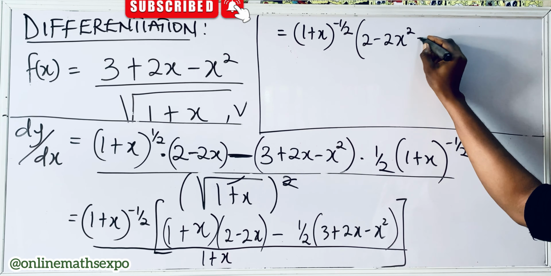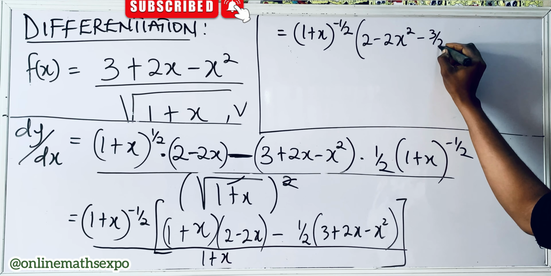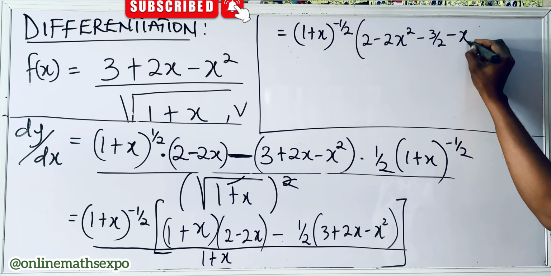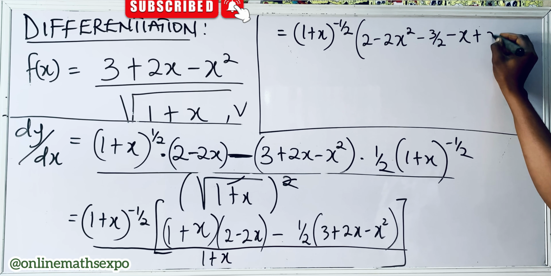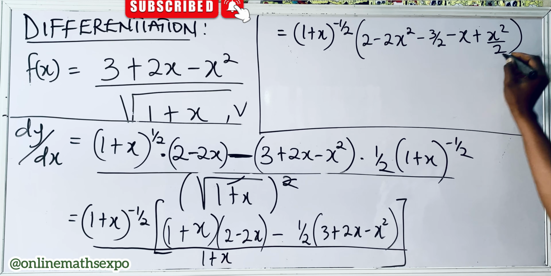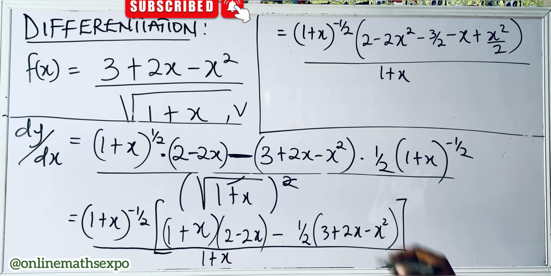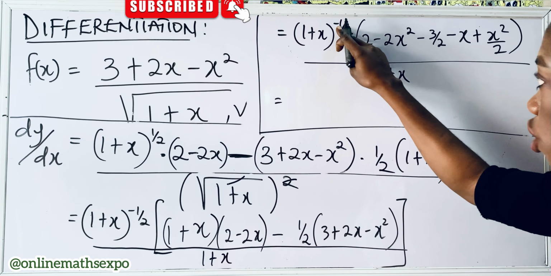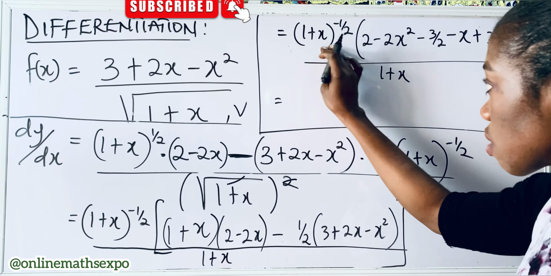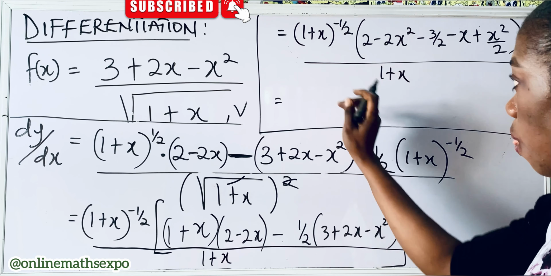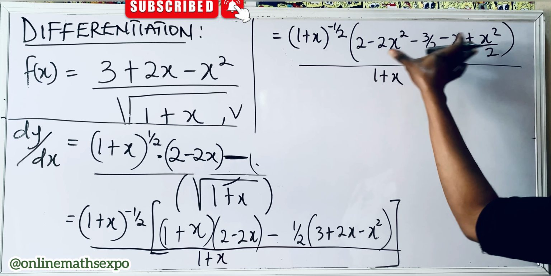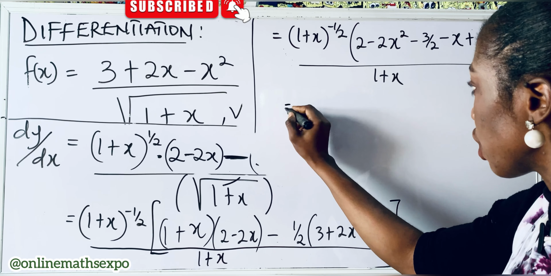Expand this, you are going to have negative 3 over 2 minus x plus x squared over 2, all over 1 plus x. Now you can conclude to have, because of this negative, this expression will come down. So simplifying this inside is going to give us